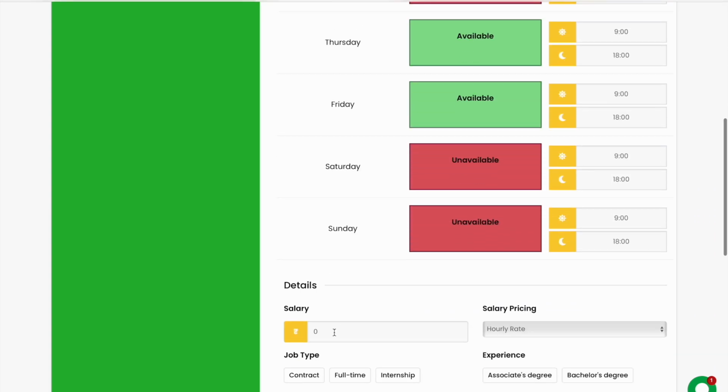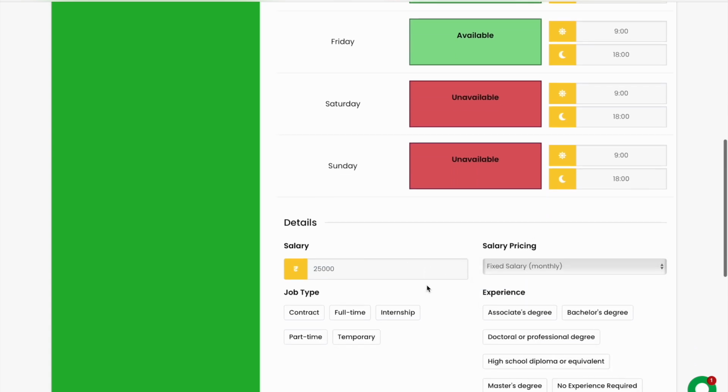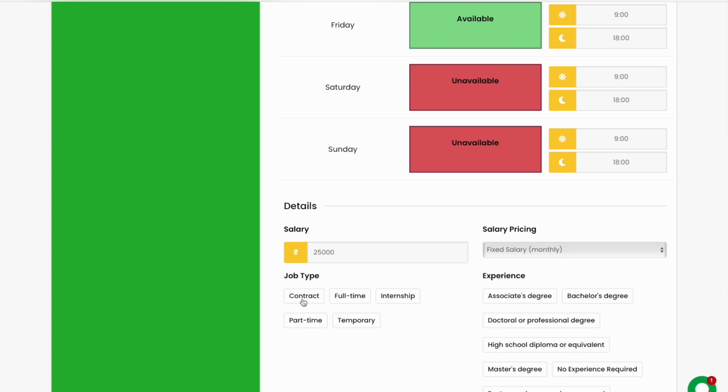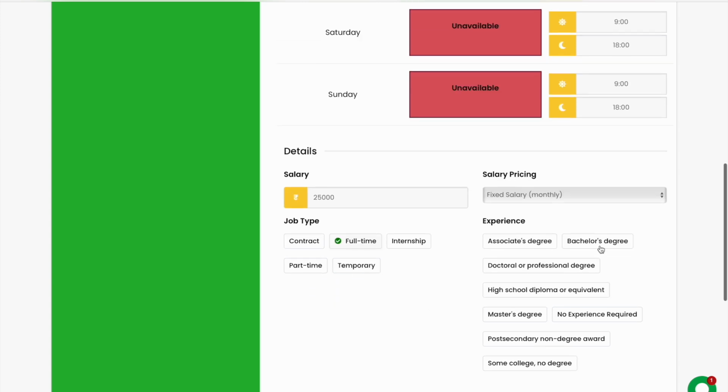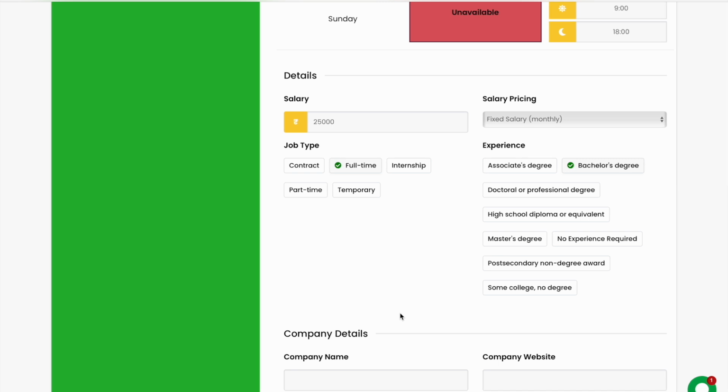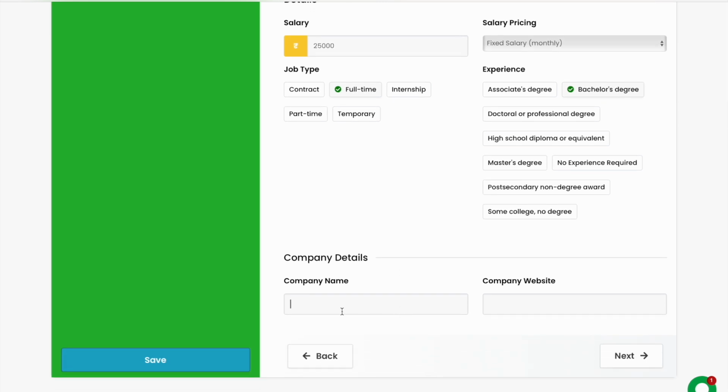If you want to list out the salary, let's say 25,000 per month and pricing is monthly, you can select that. Would you like to take the candidate for full-time, as an internship, a temporary or contract or part-time, you can select that. If there is a minimum experience that you're looking for, you can check that as well. And you can give in your company details,